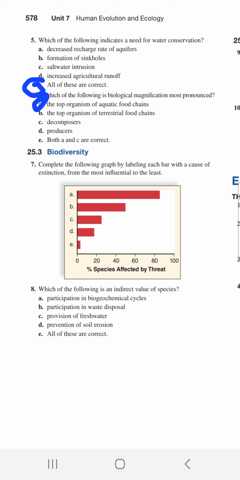C, it is going to be B, it is hunting or poaching basically, and C, it